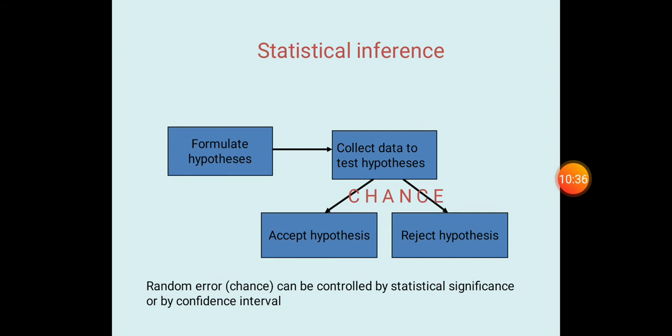Understood? So the hypothesis, again, when we mention that we want to formulate a hypothesis, in a statistical test we usually formulate two types of hypothesis. Two hypotheses are there in a statistical test. The first hypothesis is what we call the null hypothesis. In a statistical test we always form the null hypothesis first. What do you mean by null hypothesis?